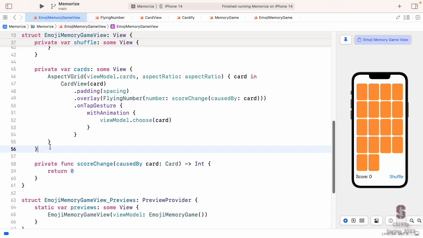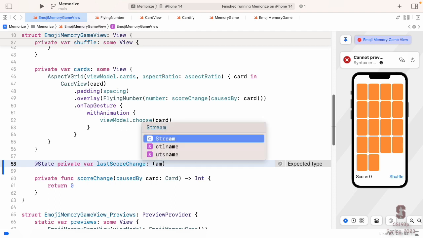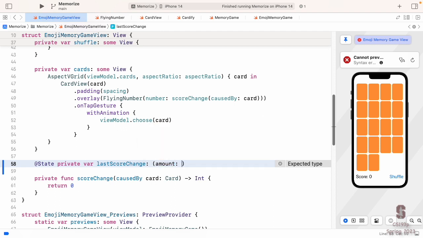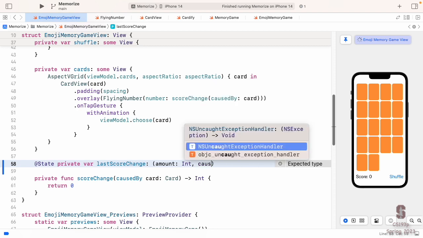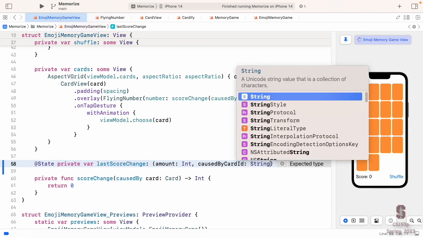And it's going to be state, so let's do a little @State private var. I'm going to call it lastScoreChange, because that's what it is. And what is its type? It's type tuple. Here's what it looks like to define a tuple. I'm going to put the amount as one of the things in the tuple, and then I'm going to say the causedByCardID to be, you would think, a string, right?